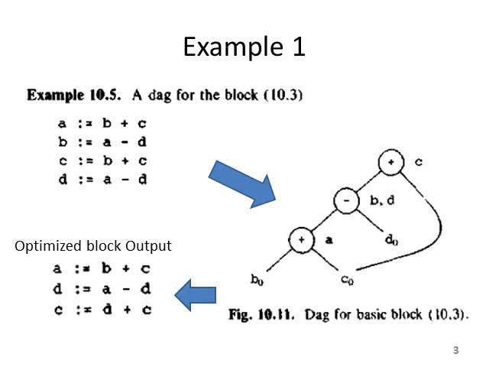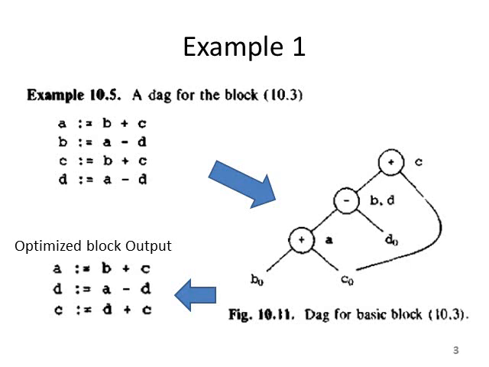I hope everyone remembers that when we were learning the syntax tree and the DAG and their comparison, we identified that the number of codes generated by a syntax tree is larger compared to the DAG. Due to the special property of the DAG to eliminate the common sub-expression, it reduces or optimizes the basic block. See here, we have constructed the DAG in figure 10.11 and finally we get an optimized block.